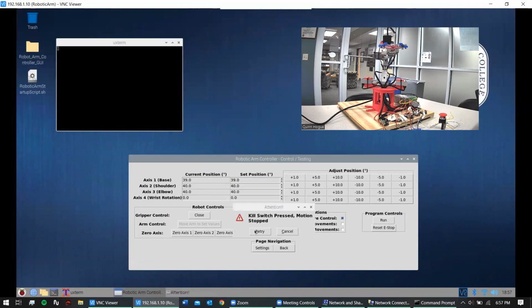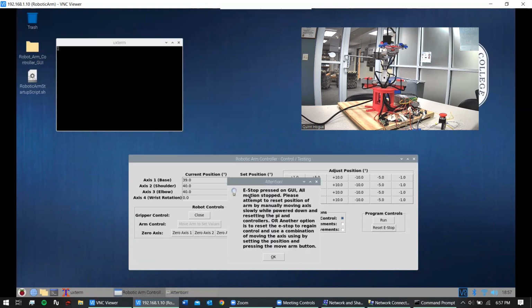Now, if I hit this e-stop again, we can still see that pop-up again. And then let's hit cancel. To cancel, we get an information pop-up here. So all motion stop, please attempt to reset the position of the arm by manually moving the axis slowly while powered down and resetting the Pi and controllers. Or another option is to reset the e-stop to regain control and then use the combination of moving the axis using,